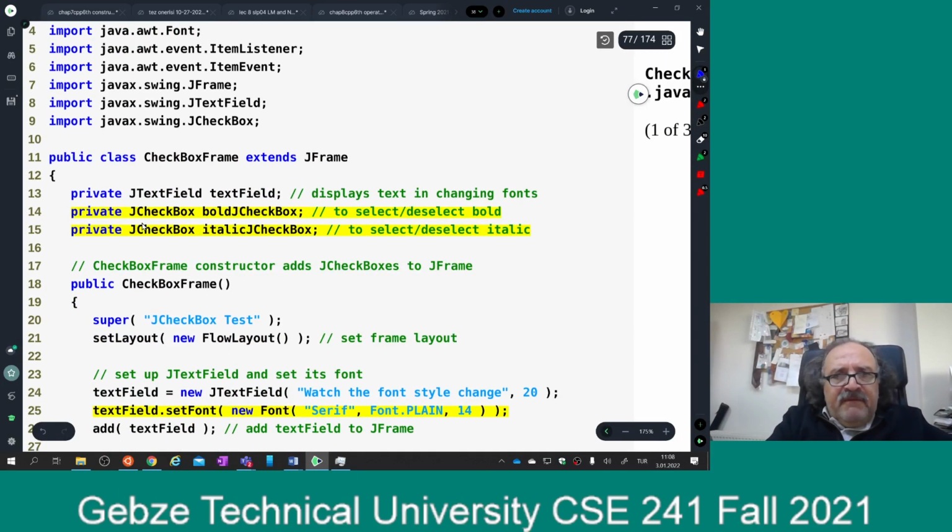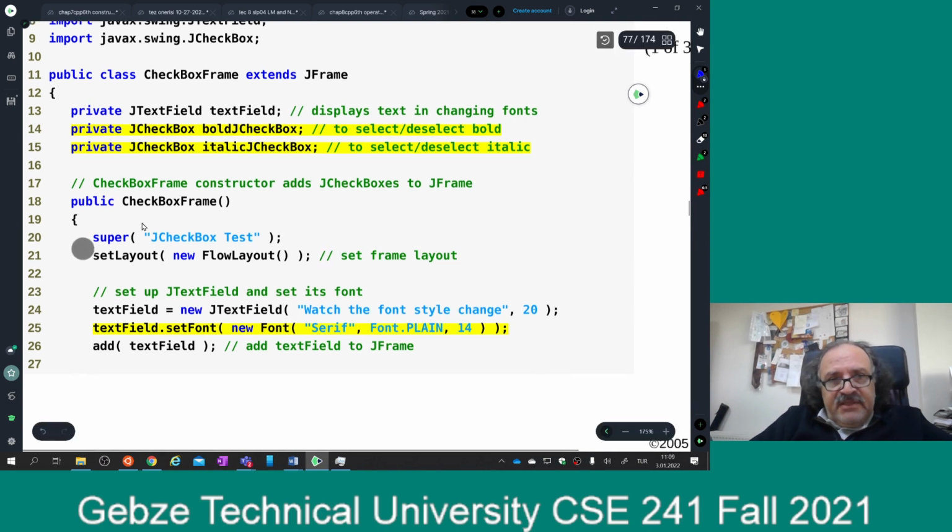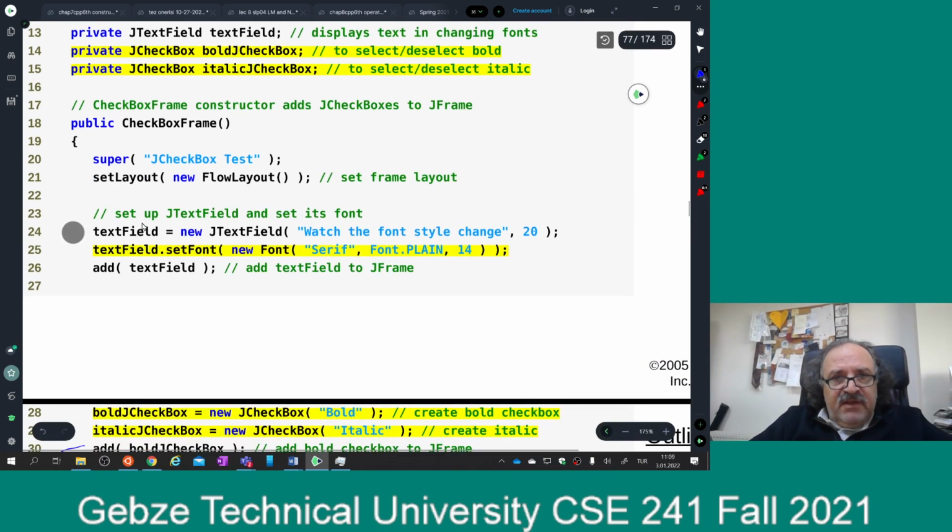I will have one text field, two checkboxes, and this is my constructor. I call the constructor of the super class, and that's it. And then my layout is this. Here's my text field, okay. So my text field is already filled,